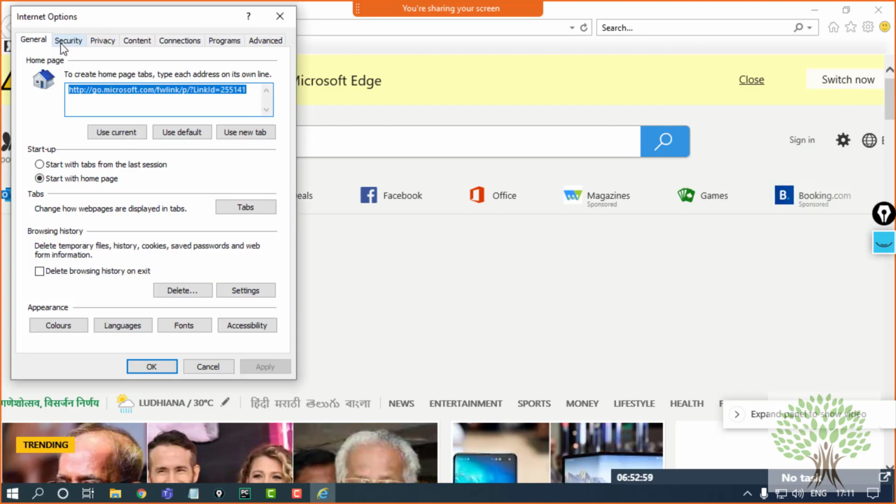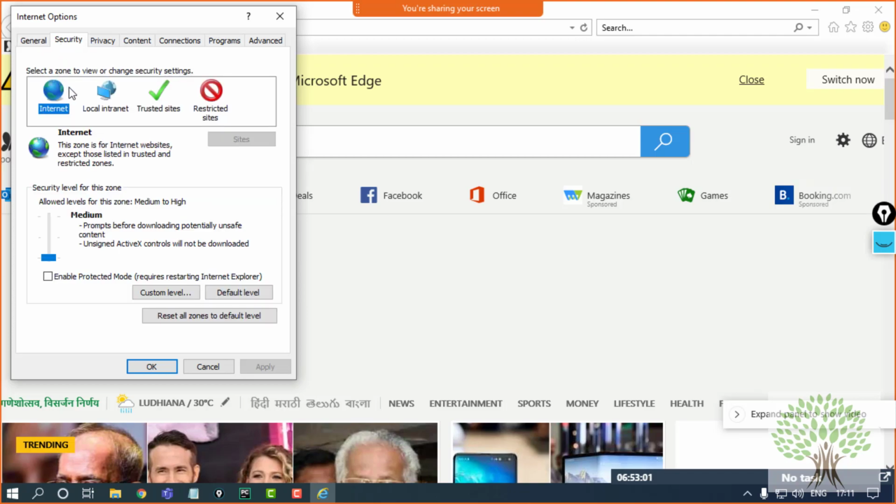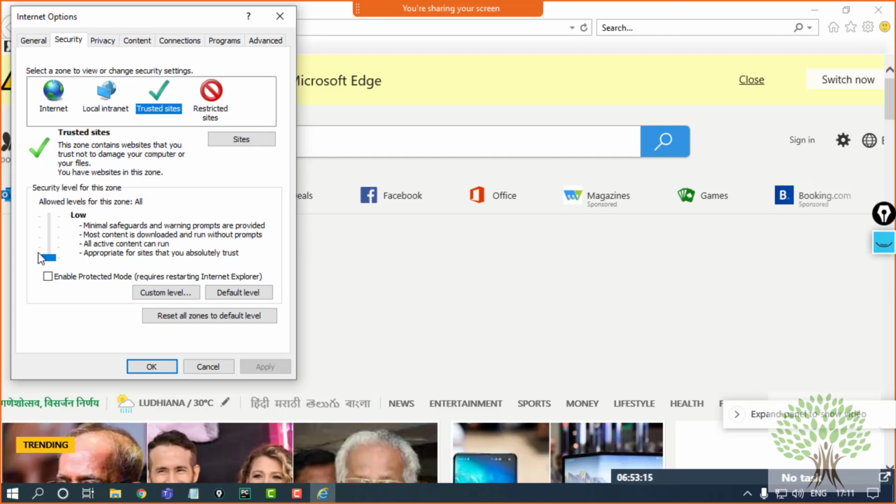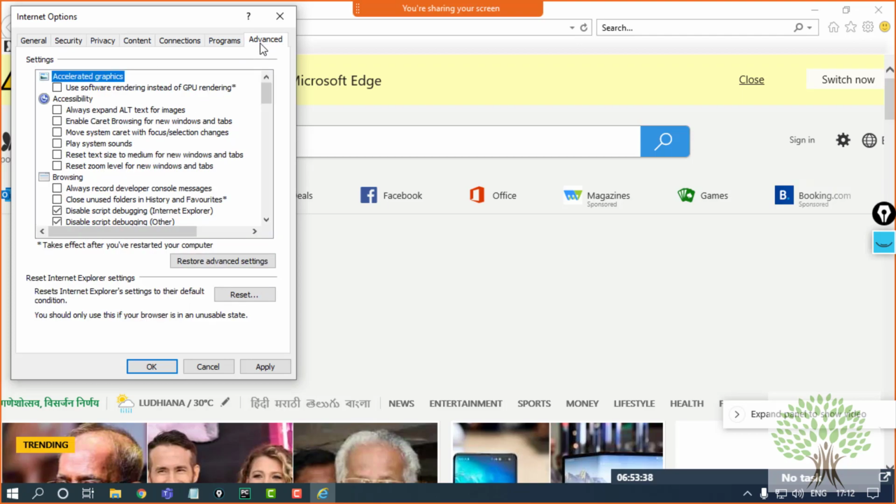Over in the Internet options, go to the Security tab, and all these options that you're seeing over here, bring this leveler to the lowest for every option, like I have done over here. Where there is no option, you cannot do anything for that, but where there is an option, just bring it to the lowest. Restricted site is also not an option over here. After bringing the leveler to the lowest, uncheck this checkbox. In your case, it will be checked, enable protected mode. Uncheck this checkbox and move on to the next settings, that is in the advanced tab.